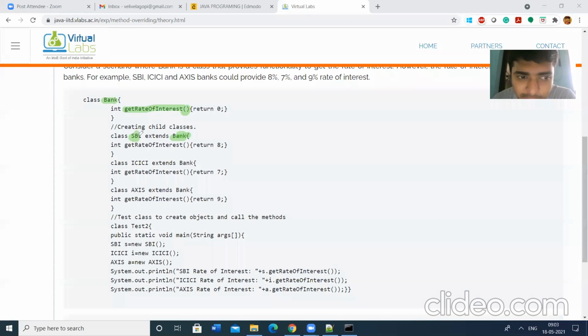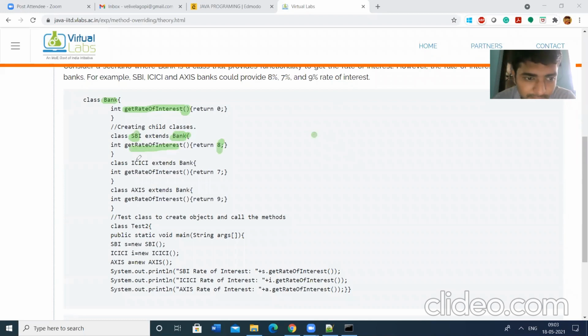That means SBI is the subclass, and Bank is the superclass. Here it is calling the method getRateOfInterest and returns 8. The program aims to return the bank interest rates.